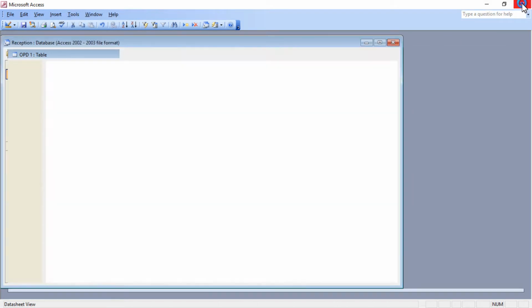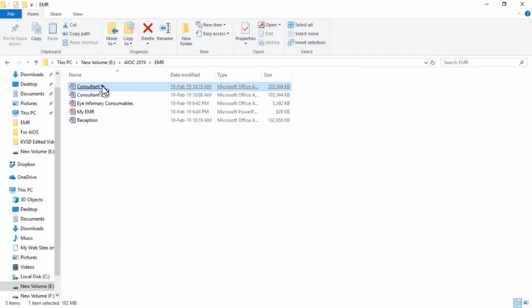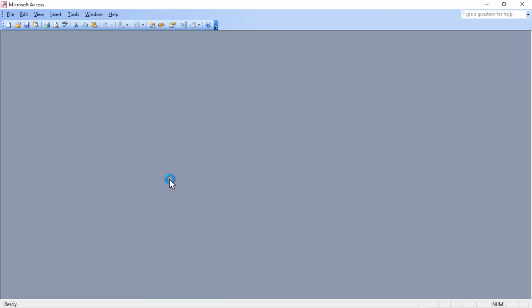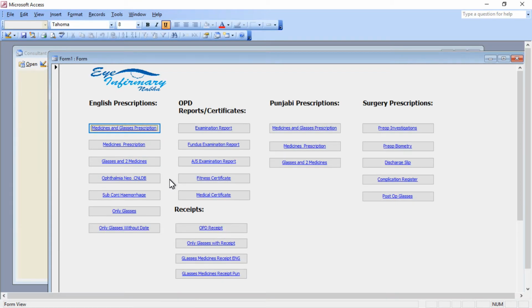You don't have to save it separately. You just have to close it and it will be automatically saved. Now opening the module for OPD1. Now let us see what the patient has. Patient had